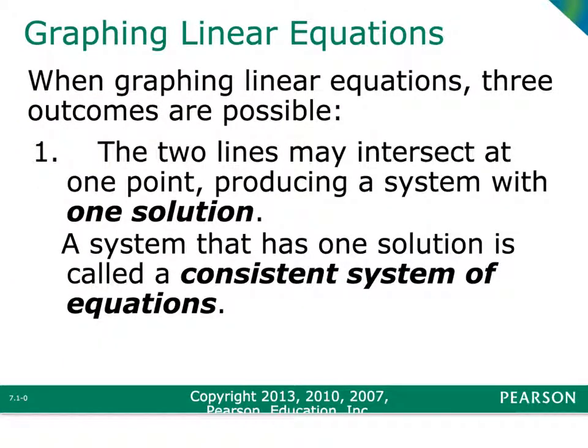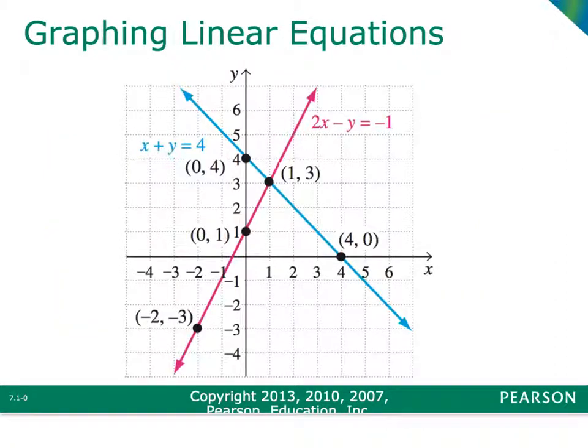There are going to be 3 different possibilities that you can encounter. You can find 2 lines that just cross each other at one point. If that's the case, they call this system a consistent system because it has a solution. An example of what that would look like would be this picture. You have your red line going uphill, your blue line going downhill. Your solution is your point of intersection located at (1, 3). So again, the solution is (1, 3), and this